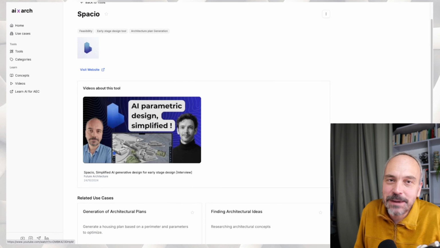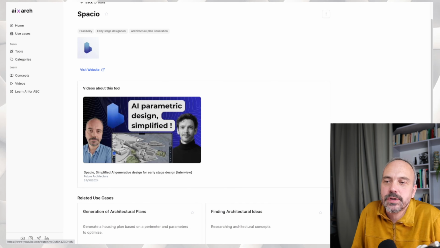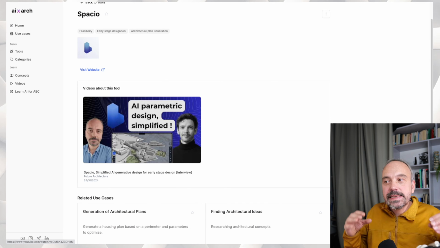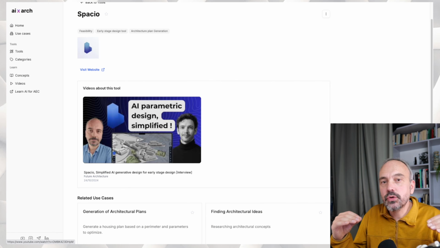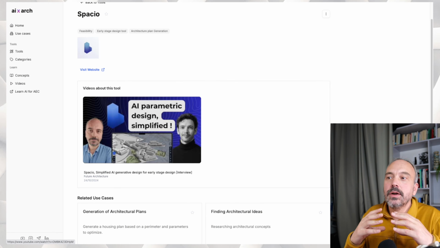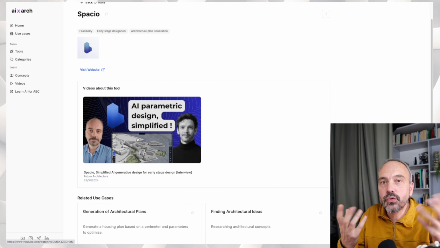I put 3 categories. Maybe in the future there will be 1 or 2. But inside this big scope, you can further detail which features Spatio has.